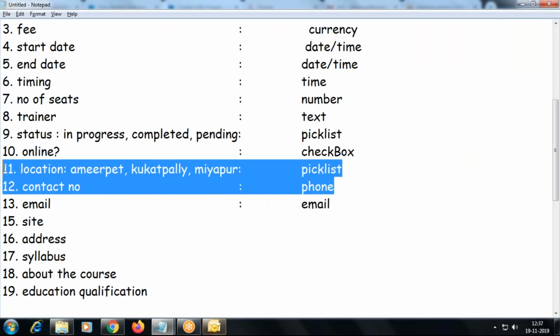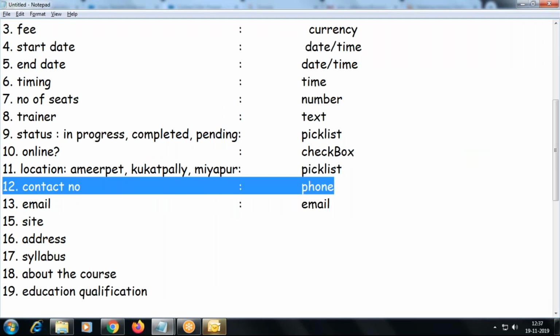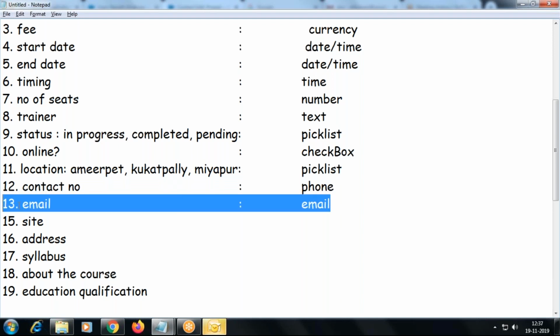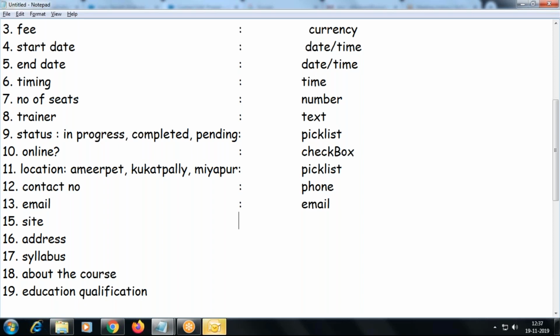Your phone field will take the input and display it in a different format, with the brackets, hyphens and all. This will have an inbuilt validation. And for the site, when you give the site name, what should appear? It should appear as a hyperlink, right? A link, so that when we click on it, it goes to the site. There is a type called URL.